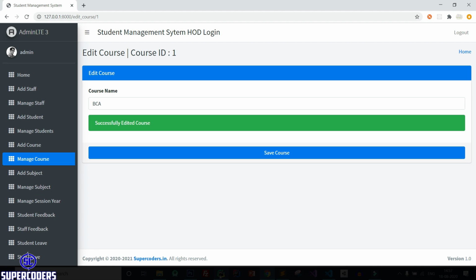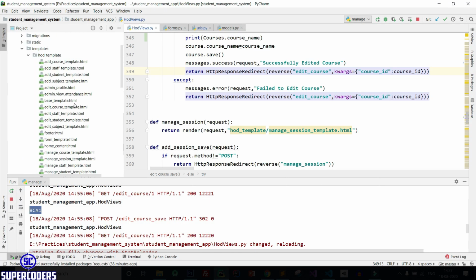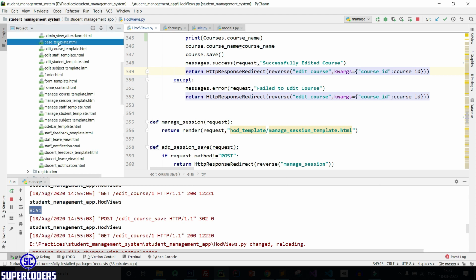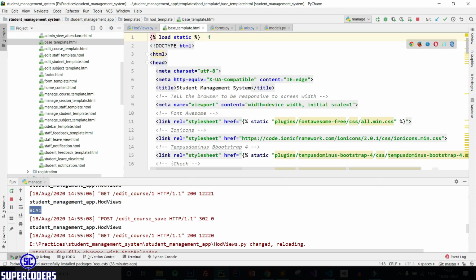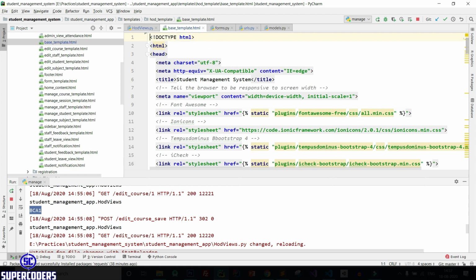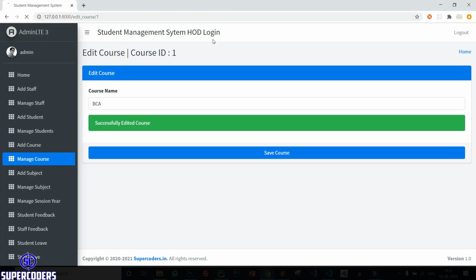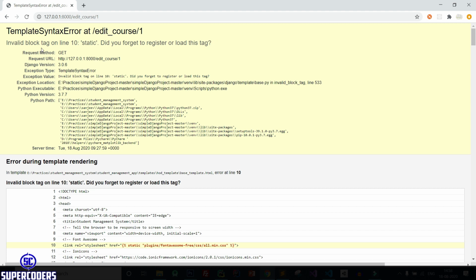Now let's see next error. So come again, PyCharm. Then here is my base template. So if you see here, I am using static, and here I am using static, and it's get imported here. But if I delete this, delete it, save it, again back to Chrome, and you can see invalid block 10.